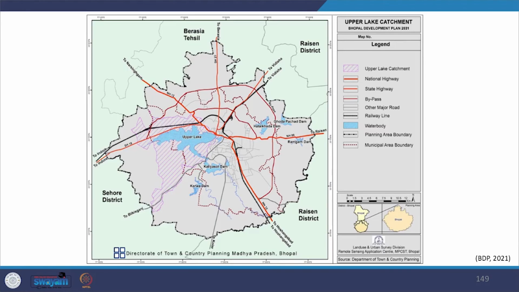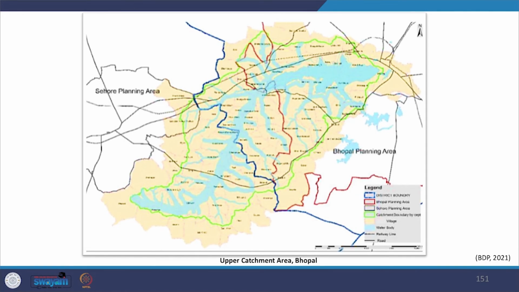In the plan document, we see that they have also reviewed the topography and landform and water bodies. Bhopal is known as a city of lakes. The Bhopal region has in total 18 water reservoirs. The total area of water bodies, which includes lakes, rivers and streams, constitutes more than 54 square kilometer, which is 5% of the total planning area. In the document, the catchment area of Upper Lake is mapped and natural drainage characteristics are reviewed.